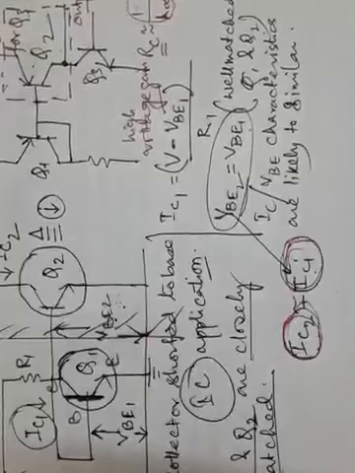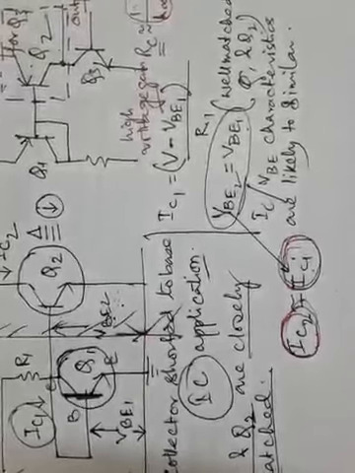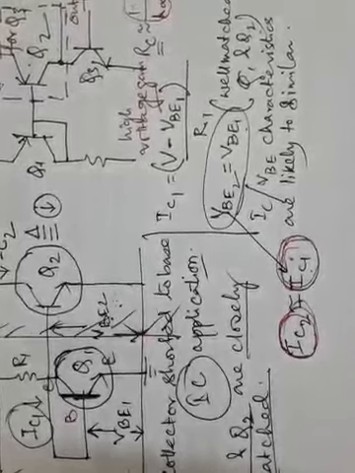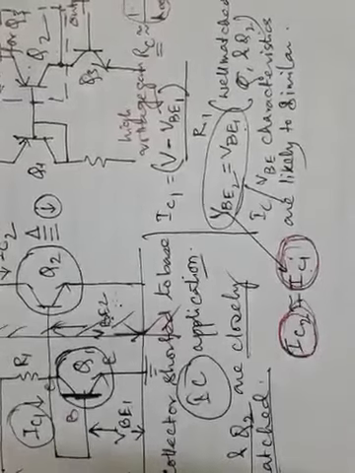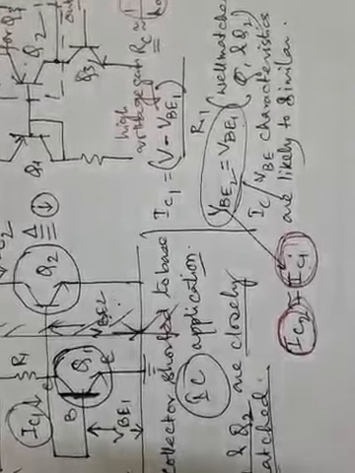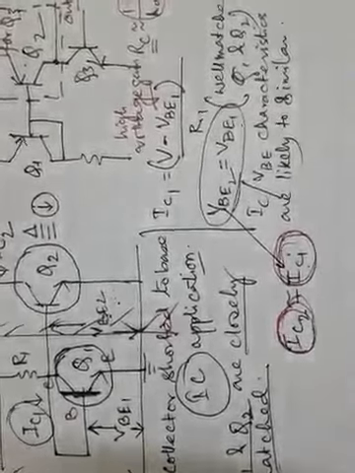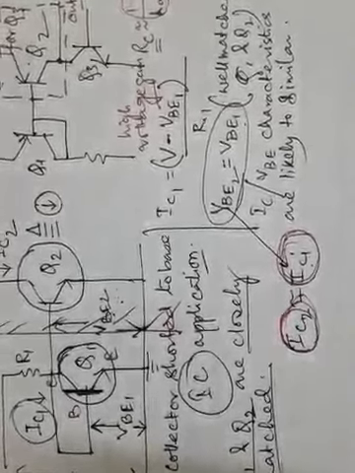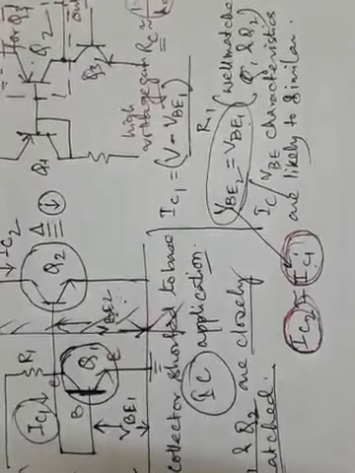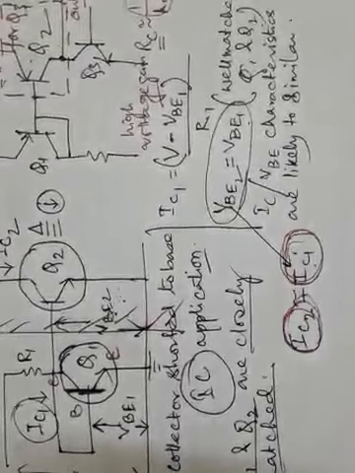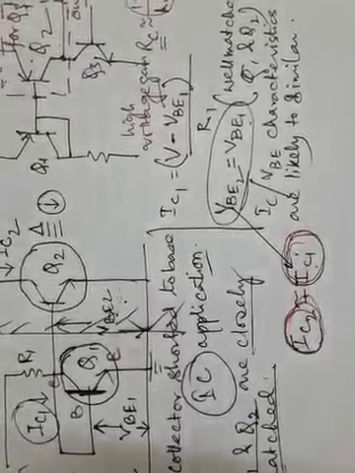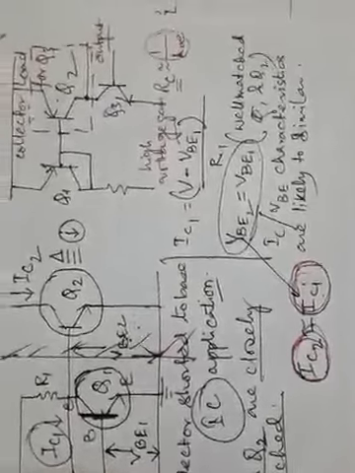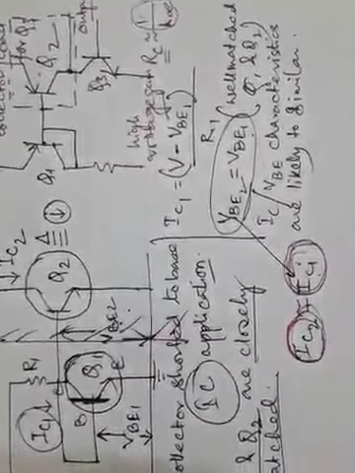hoe is the output admittance for common emitter mode, and 1 by hoe is the output resistance for common emitter mode, and this effective value is actually very large. That means the output impedance is a very large value for common emitter mode, and therefore it will result in a high voltage gain, and this application will provide you a high voltage gain.